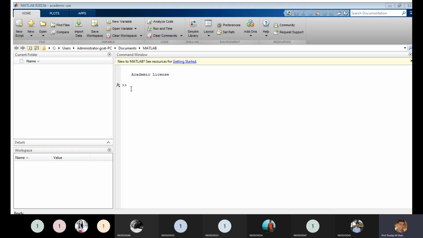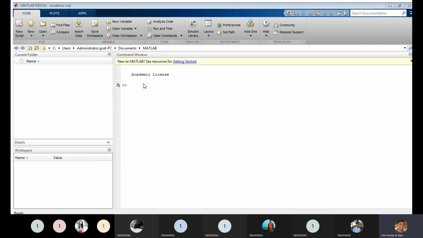Okay, so there are various options: filter, 1D filter, object filter. I am just using one of the signals. You can see that this function we are going to use: y equals filter(b, a, x).